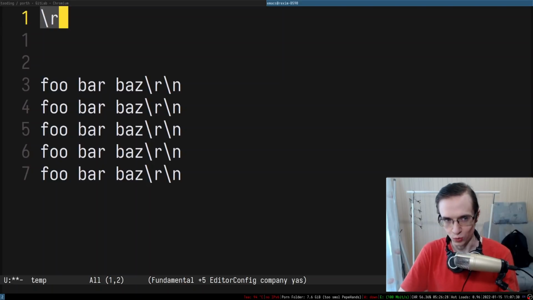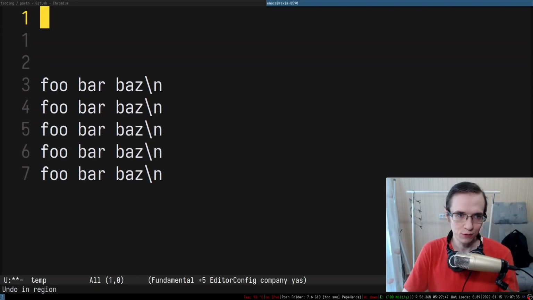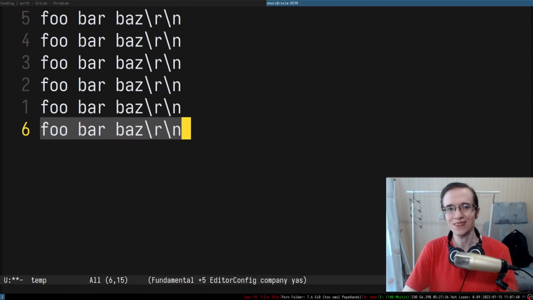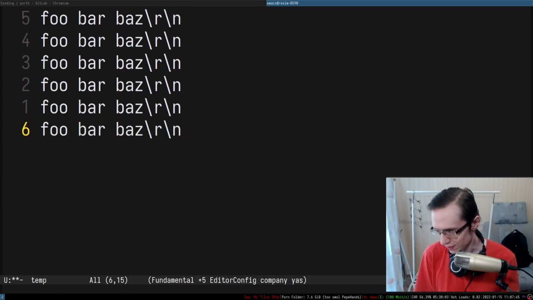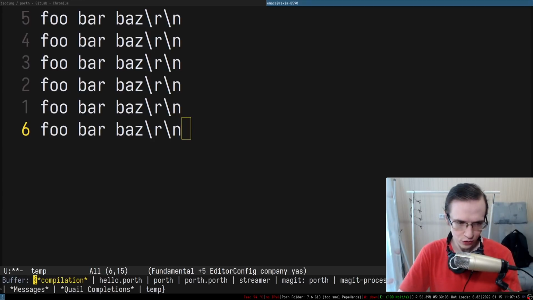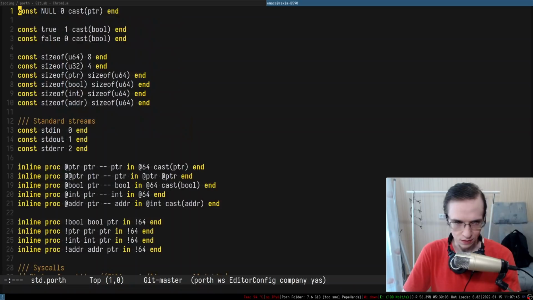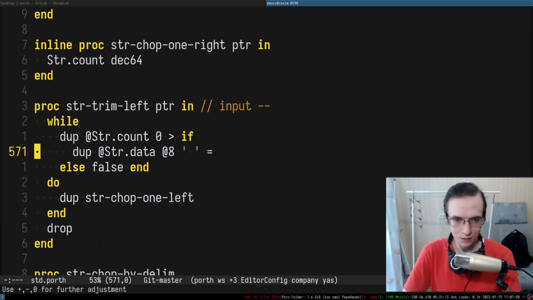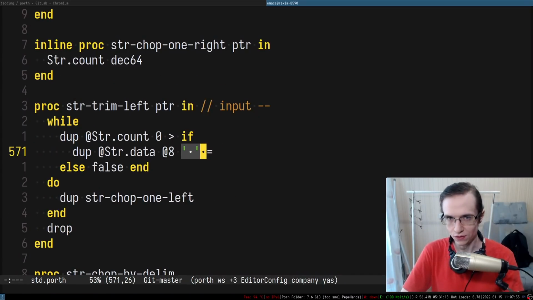It's just yet another word. So the idea I have about fixing this entire thing is essentially to treat /r as a white space, right? Right now we're using a function from the standard library, str_trim left, and it basically trims exclusively white spaces, specifically spaces, but it should be able to trim everything.